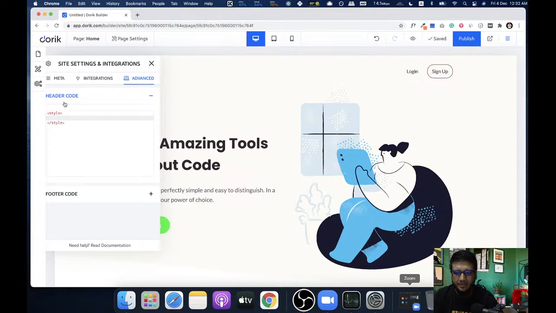But if you write any code here, it will be only applied on preview, and I think it won't apply in preview, only on the published website sometimes.